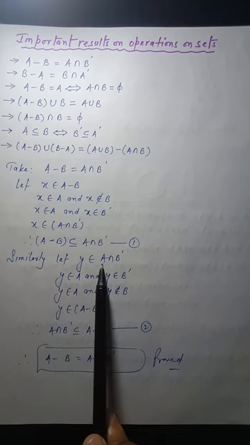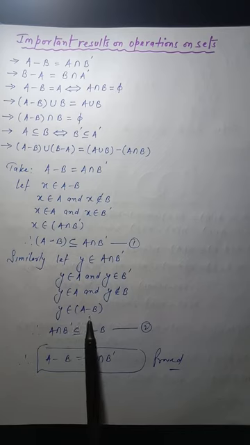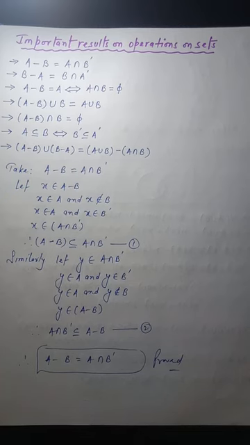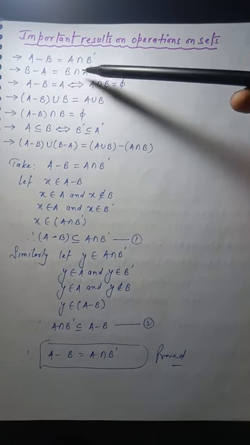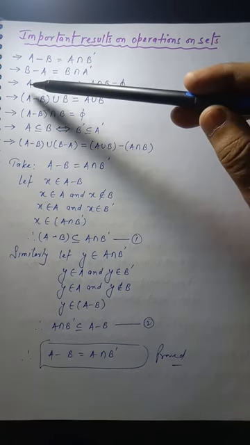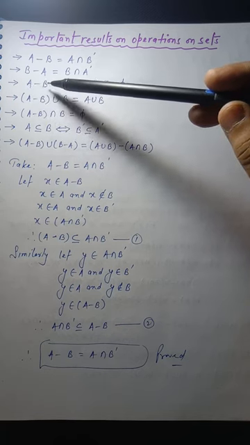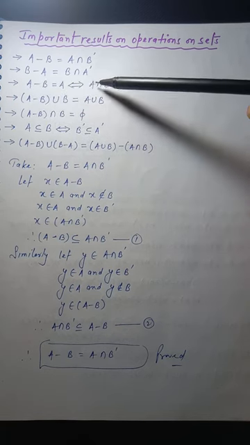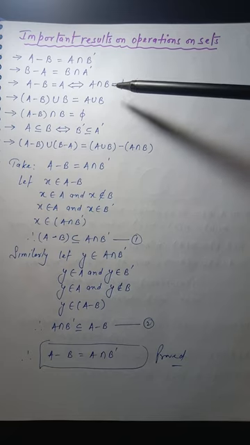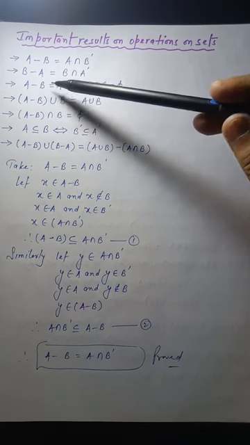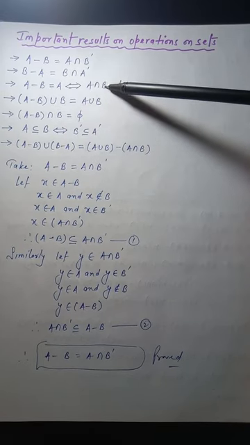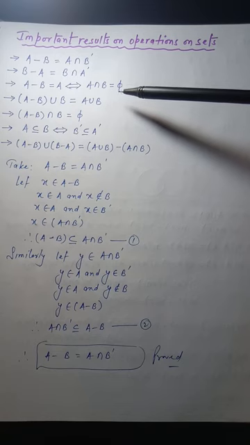So this Y belongs to A intersection B dash and this Y belongs to A minus B. It means this is a subset of A minus B. So from equations 1 and 2, both are correct. A similar case is here: when B minus A is written, it will be equal to B intersection A dash. In the same manner, when A minus B is equal to A, then A intersection B is phi. This third point, please see here. When A minus B is A, it means A intersection B is phi.